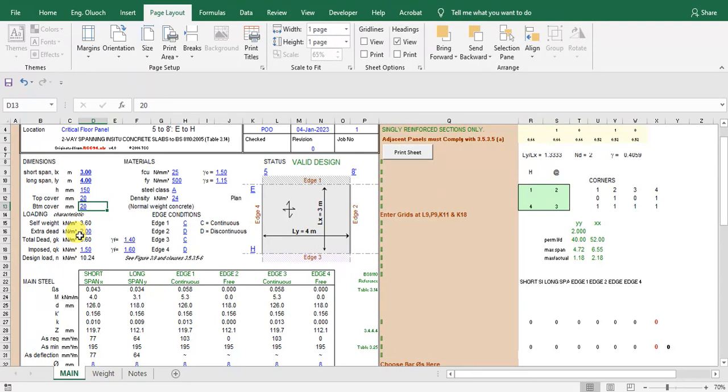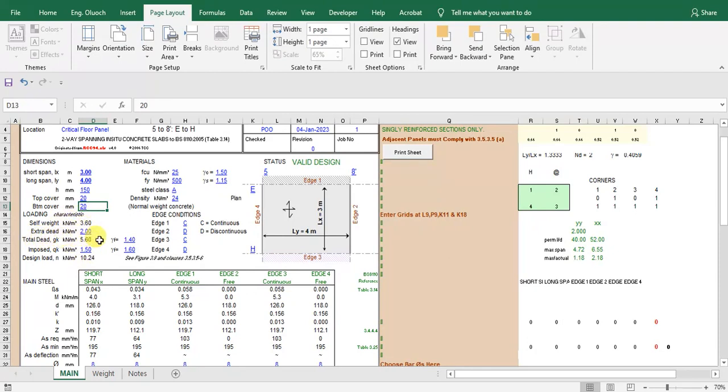You have to calculate that load and put it here. This is not constant, it differs in every slab. The extra dead load in my slab could be different from the extra dead load in your slab. So make sure you have the correct extra dead load from your calculations, and of course after that the